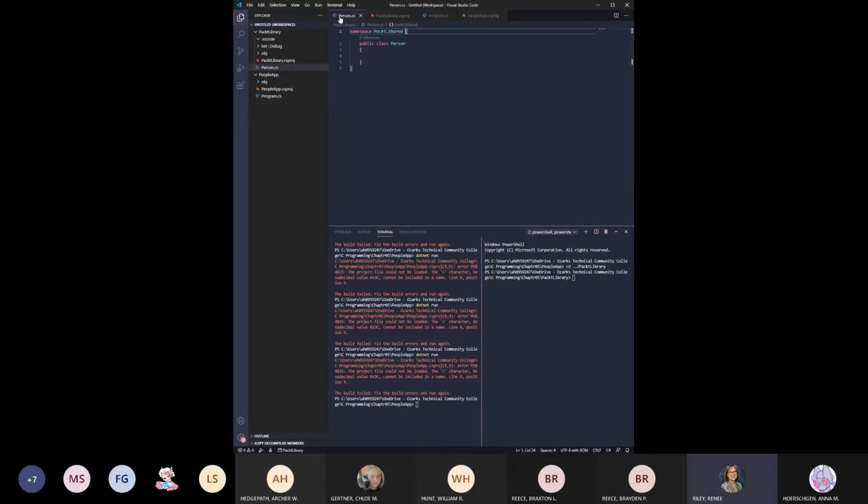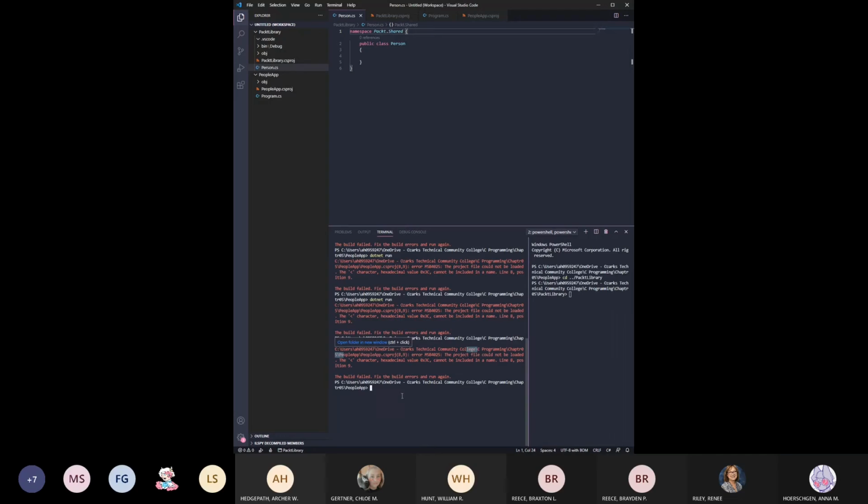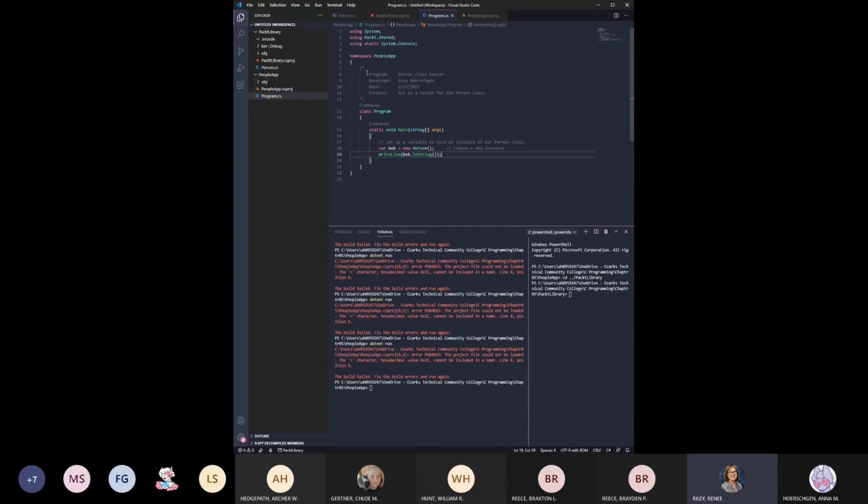Let's look at the error message, Anna, down there in the red. What line of code is it telling you have an error on? Look at the red message where it says error. Right before that, it tells us what line number the error is on.